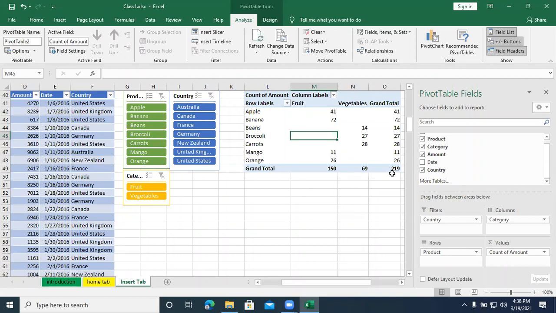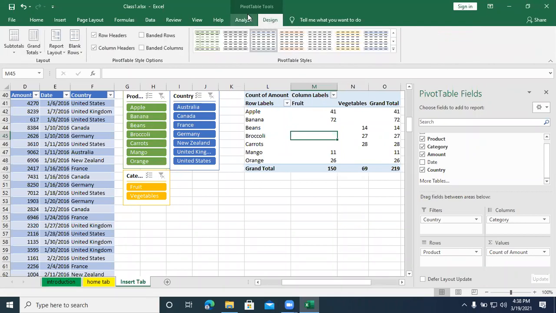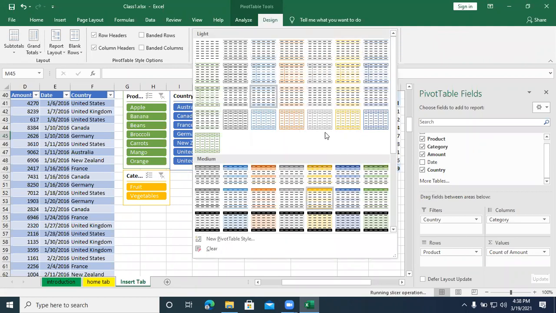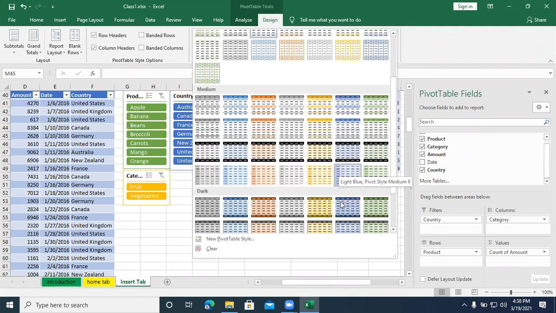Okay. So based on this table, we will insert the slicer, timeline, as well as a pivot chart also. Before that, we go to one more option, design, under the table tools. As we discussed, similar to the table design, here also we have light, medium and dark styles.